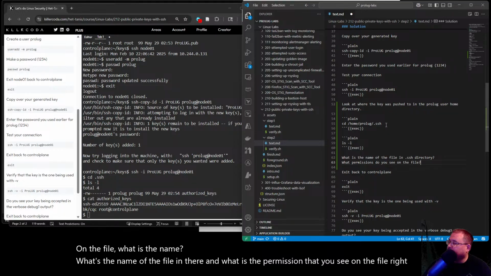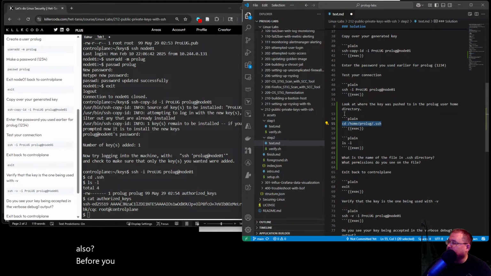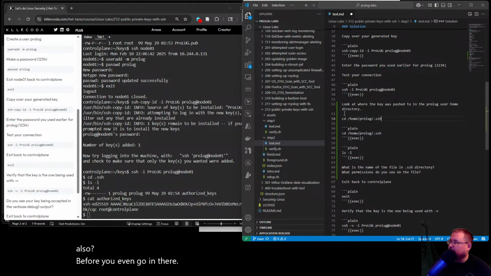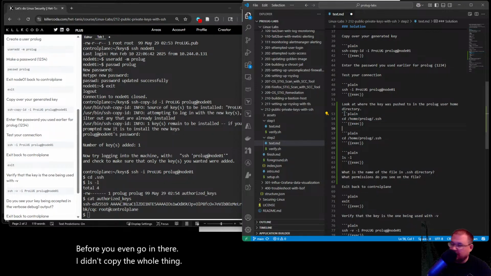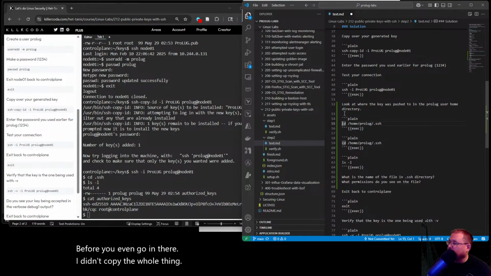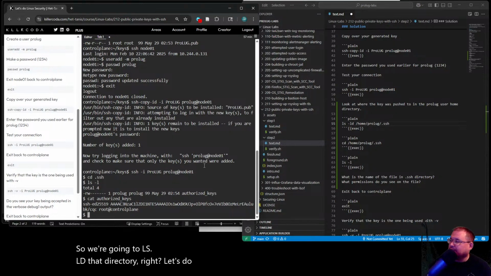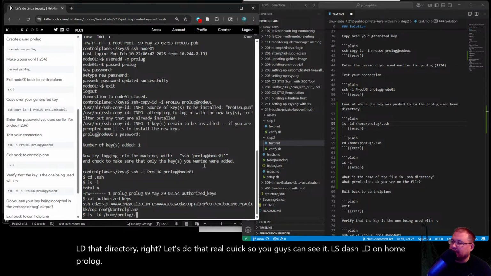Also, before you even go in there, you should have... Oh, I didn't copy that whole thing. So we're going to ls -ld that directory, right? Let's do that real quick so you guys can see it. ls -ld on /home/prolog/.ssh.